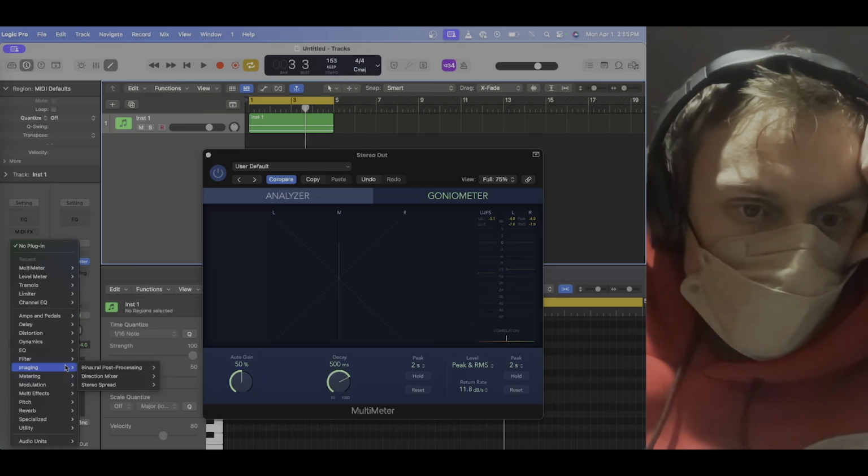So let's add a spreader. Now there's two things in Logic. There's two plugins in Logic that are called a spreader. There's the spreader, and then there's the stereo spreader. What the difference is, not quite sure. We're gonna go with the spreader on this one, and